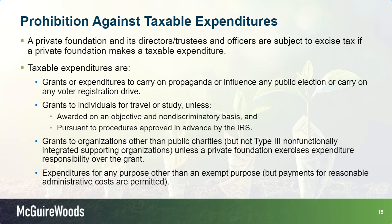If you're doing a grant to an organization other than a public charity, so not the public charity ones, but private foundations, there's extra rules called expenditure responsibility. And that one we're not going to go over in much detail today, but there are special things you must do to meet these rules to avoid the penalties or excise tax for this. And then expenditures for any purpose other than exempt purpose. So if you inadvertently make a distribution that's not for an exempt purpose, that would be...